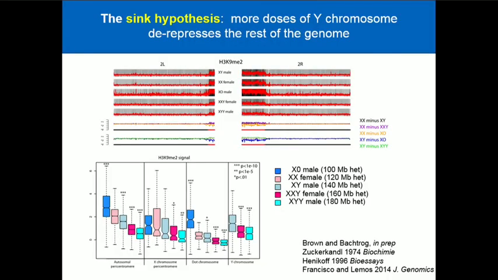And this phenomenon actually has been known for years. I think the first paper I could find that described it was Hennekoff, who described it in great detail. Zuckerkandl talked about this aspect of the kind of trans-acting influence of parts of the genome on other parts of the genome. Now that we know about epigenetics, it's actually quite sensible.